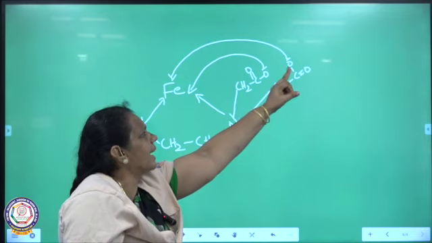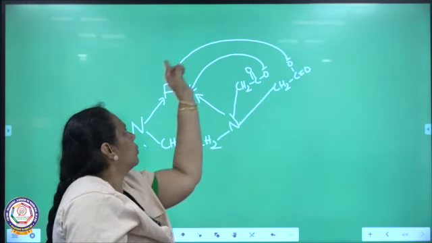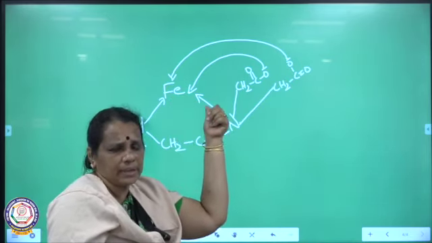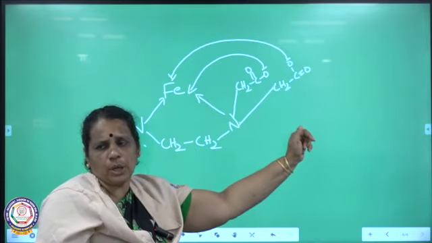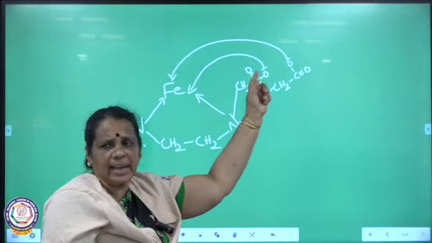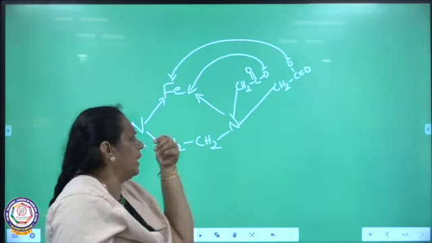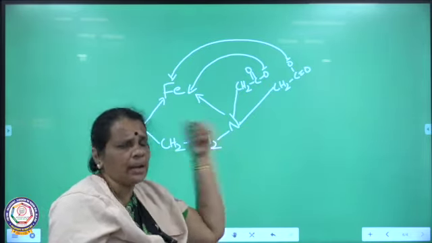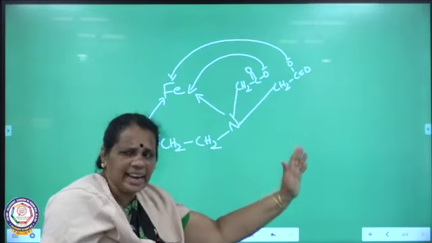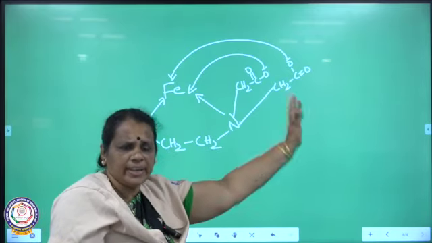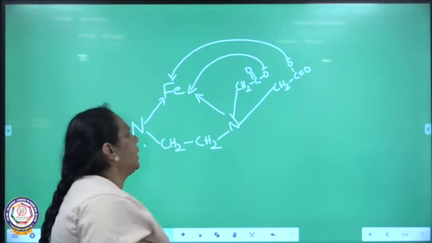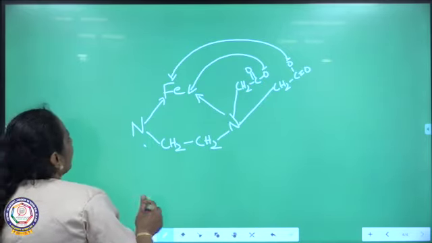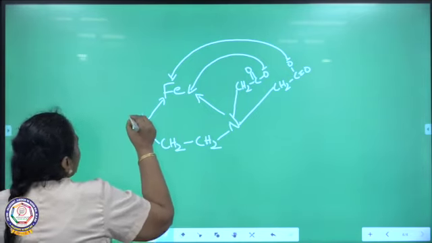So each acetate ion has got oxygen which donates the electron pair to the central metal ion. So towards the right hand side I have written 2 acetate molecules where each acetate has an oxygen donor to the center which donates the electron pair to the central metal ion. So 2 oxygen donors are bonded to the central metal ion. Towards the other side we are going to say another acetate.